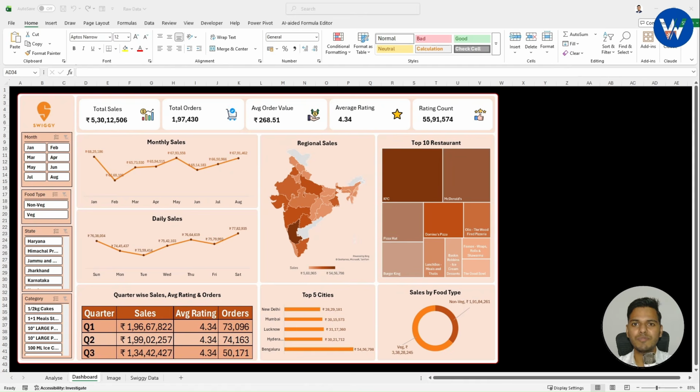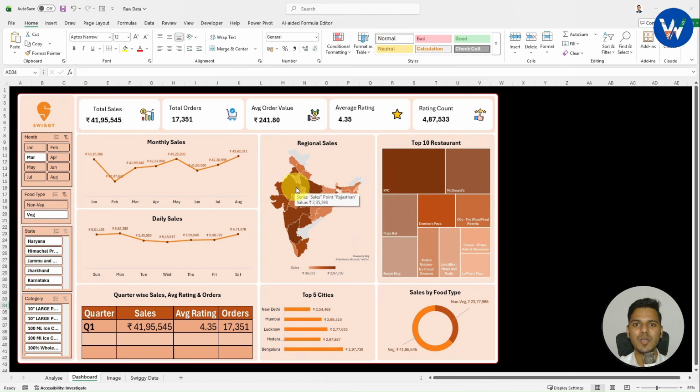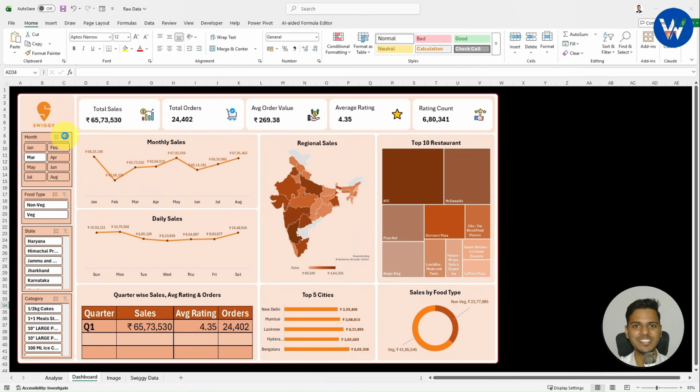So finally we have successfully completed this interactive Swiggy sales dashboard project in Excel from scratch. Now let me show you the power of this dashboard. If I click on the March month slicer, you can see the entire dashboard gets filtered according to the March data automatically. And in the same way, if I click on veg food type, all the KPIs, charts, maps and visuals instantly update based on the veg sales data.